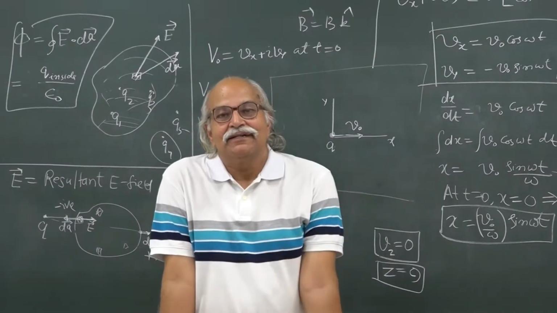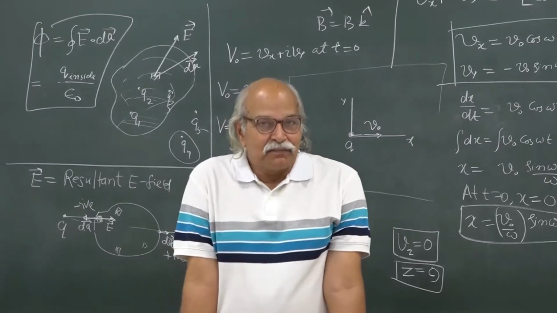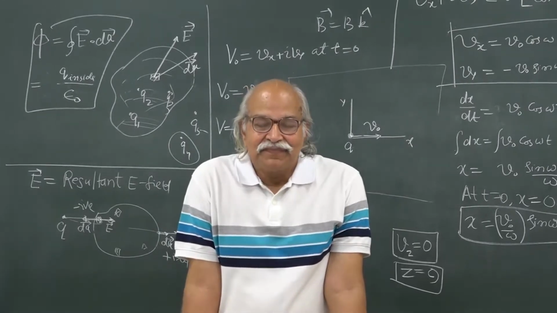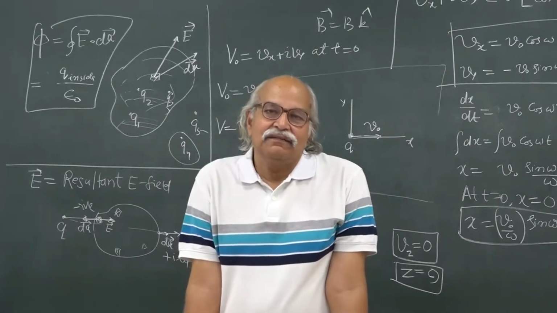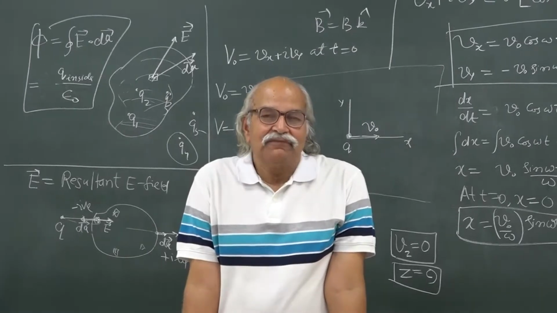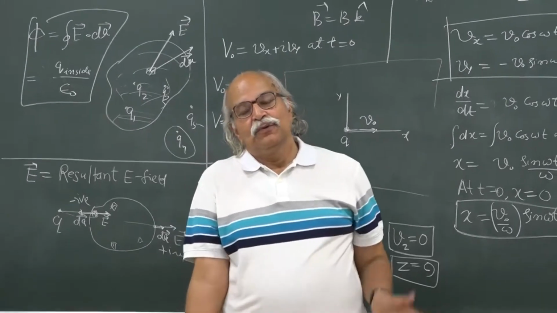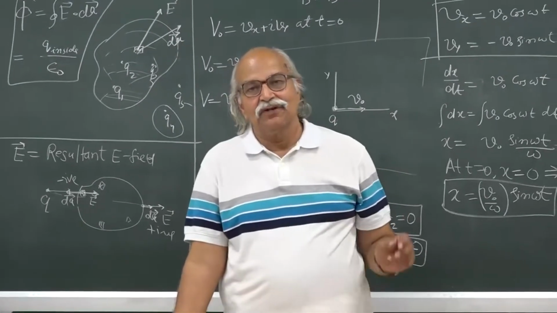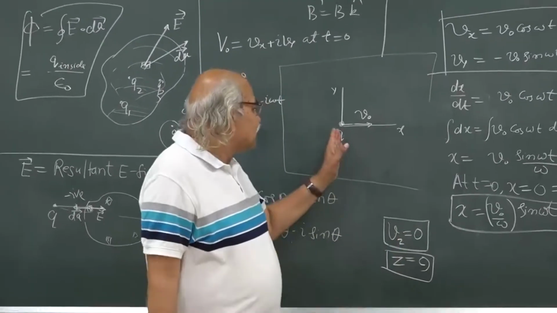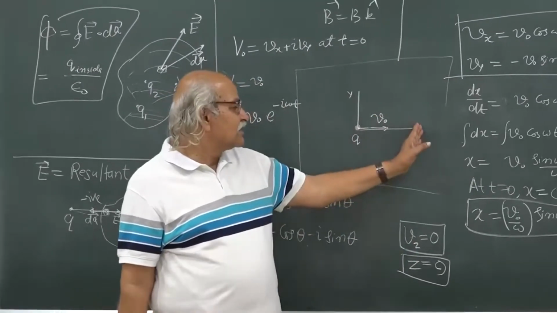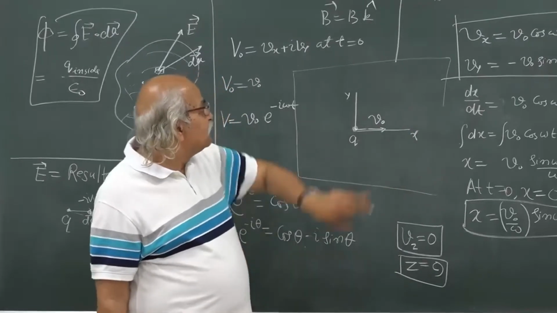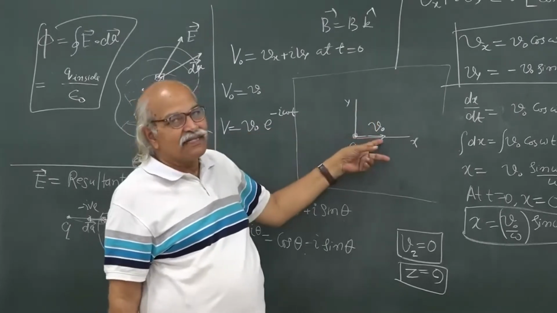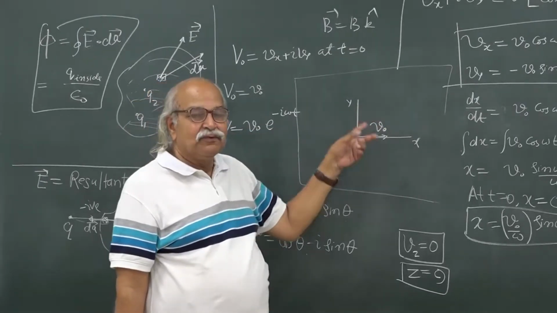Last time we discussed the motion of a charged particle in a uniform magnetic field, and we took a very general approach. We found that if you send a particle with some initial velocity v naught in the x direction, and you have a magnetic field in the z direction, so perpendicular to the magnetic field we are injecting it, then we wrote force is equal to q